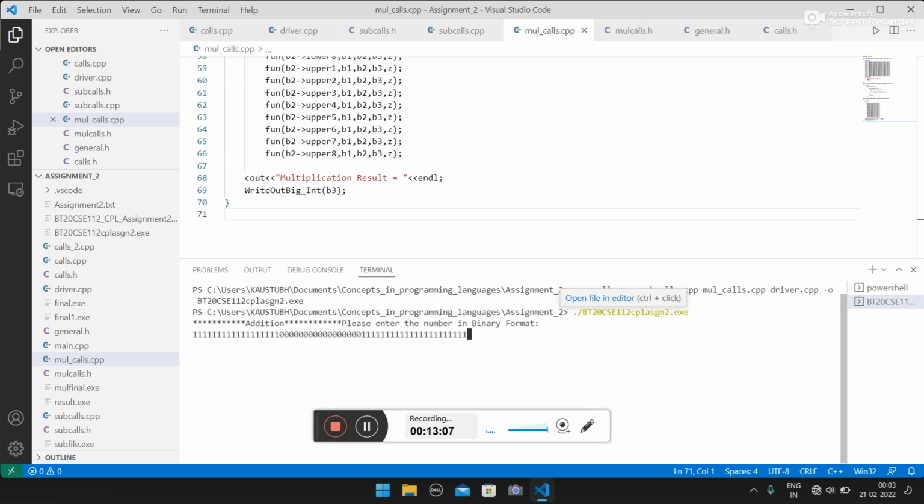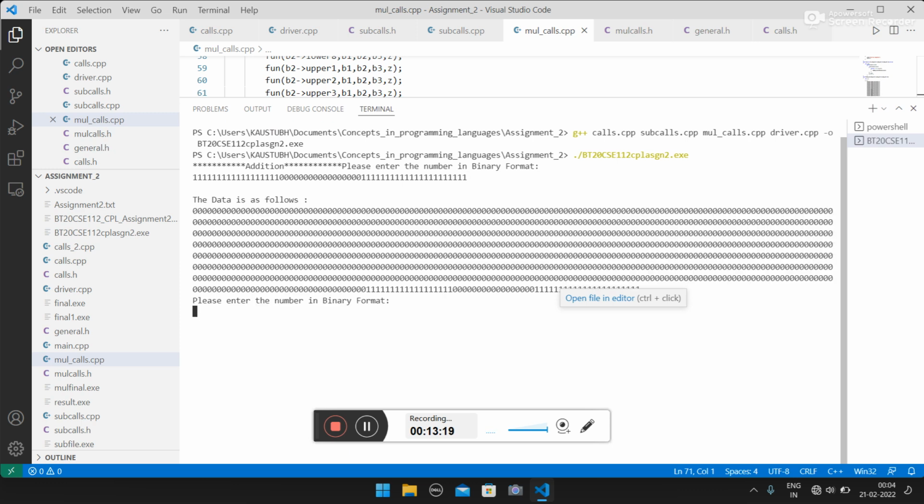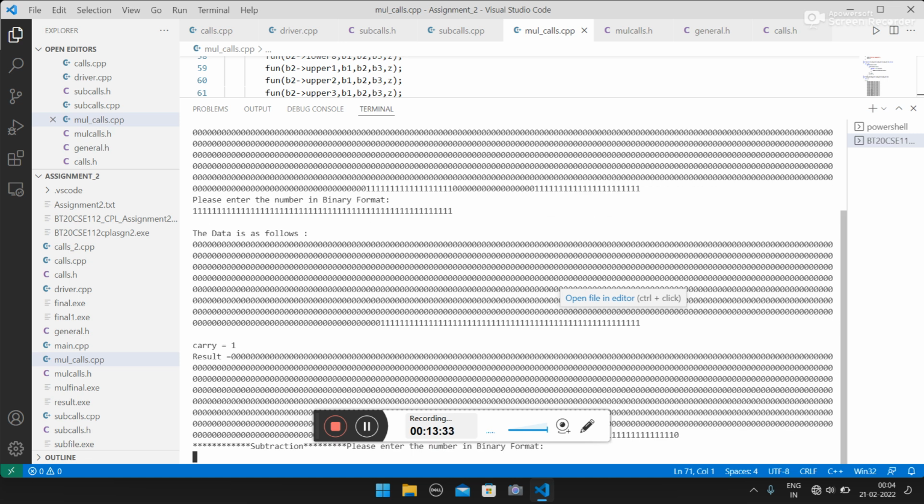We can also do it using files, but for a more understandable way I have done it using strings, so that all the results I can put and see on the console itself. So we can see that all the things are in proper order here. And let's give another input so that one carry would occur, so that we know the carry occurs here, and it gives the correct result here. So here the carry has occurred, the correct data is there, and the result is also put in here.